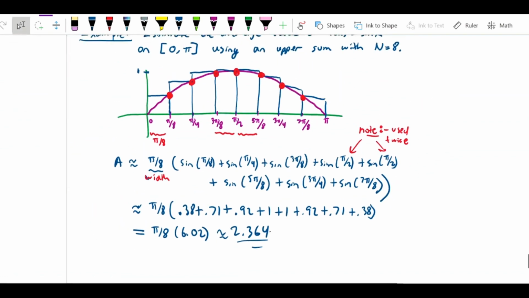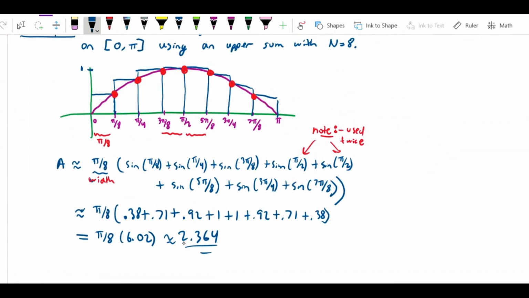Okay, so we see that the approximate area under the sine function on the interval 0 to pi using an upper sum with n equals 8 is given by 2.364. That's not the exact area under the sine function, but it is a good approximation of the area under the sine function. So now, in order to find the average value, we need to find the area under